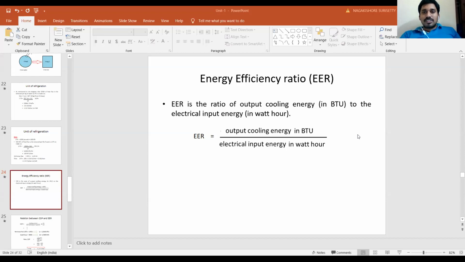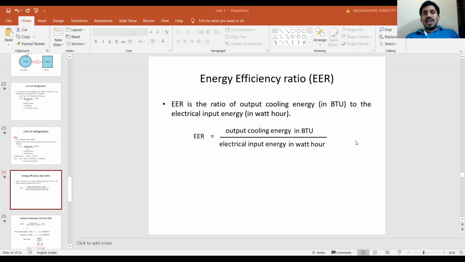In last class, I discussed the first law and second law applied to refrigeration machines, and the unit of refrigeration. In the unit of refrigeration, we learnt about TR. One TR equals 3.517 kilojoules per second or kilowatt. This value was derived in two ways: one from kgs of water, and another from pounds of water. So using these two ways, we derived one TR value in last class.